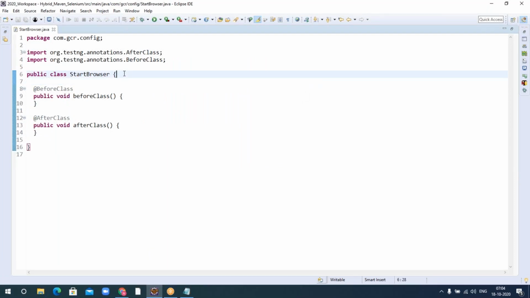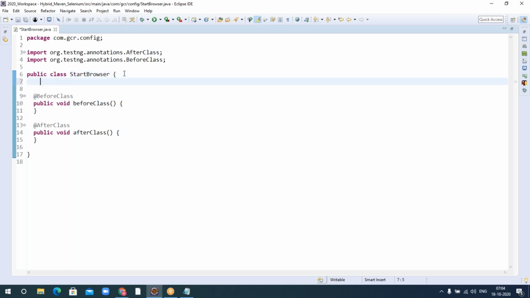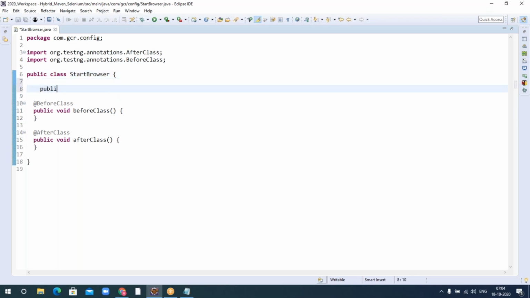Here, let me go ahead and write the code for launching my browser. First thing, I create a variable, public static WebDriver driver. You might already know this one. I'm just going to import the package for WebDriver. Yeah, this is the package.